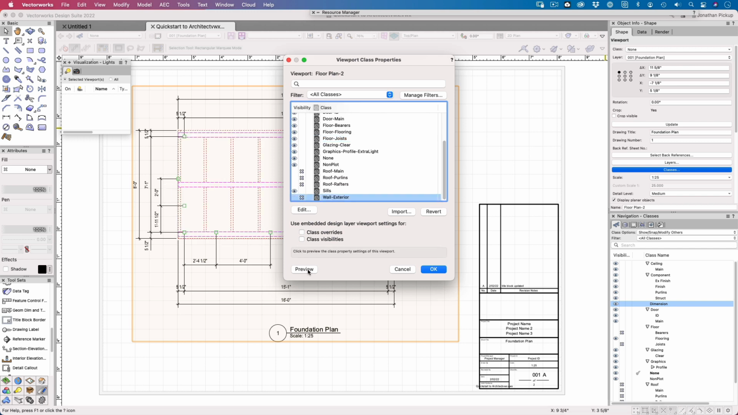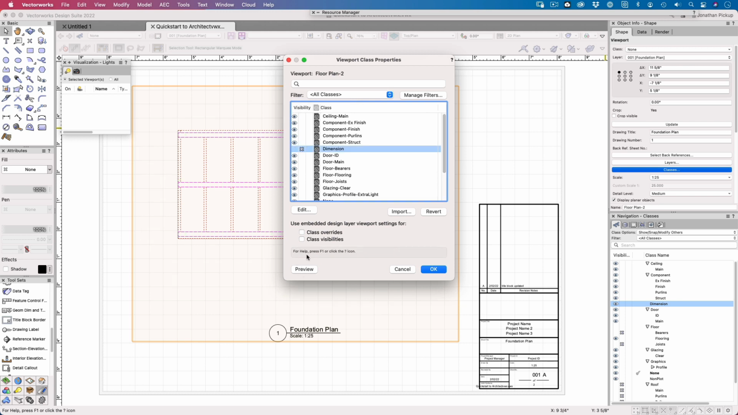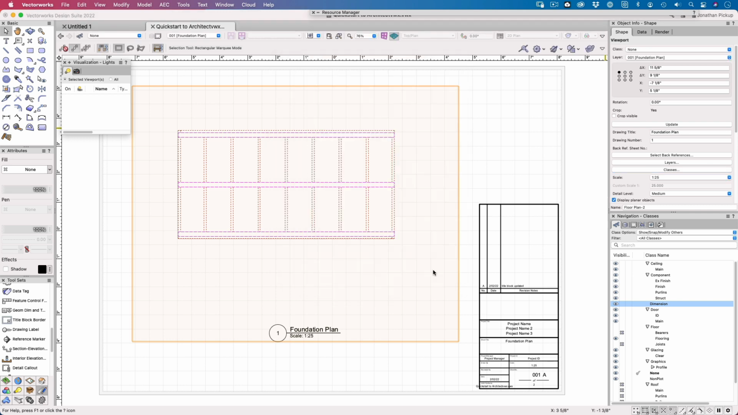Let's preview. And we're going to get rid of our dimensions. Preview that. There's my foundation plan. Click OK. Now if I do want to put dimensions in here, I am going to have a different class. So let's go here, right click, we'll duplicate this class and we'll call it